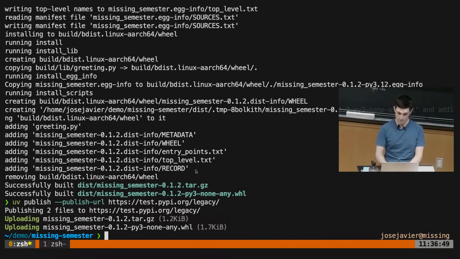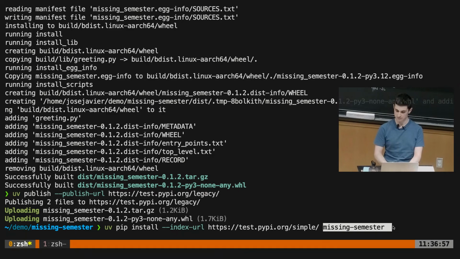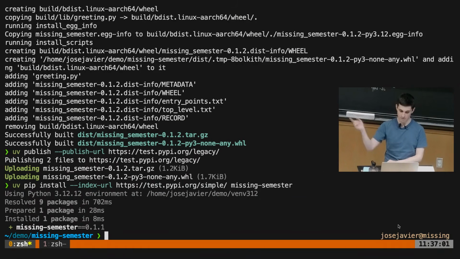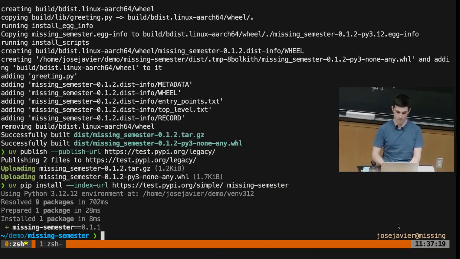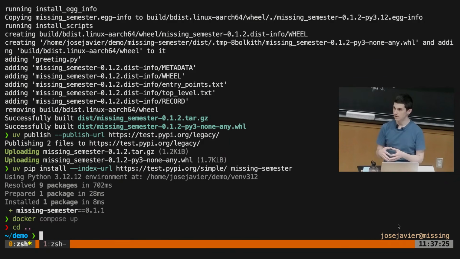And if we go back, if we do uv pip install from TestPyPI and the missing semester package, we're downloading, I think it's using the, it's downloading the package and unpacking into our virtual environment. The story is really similar for pretty much any package and even for other things like Docker. Like if we want to release that greeting Docker image for people to use,